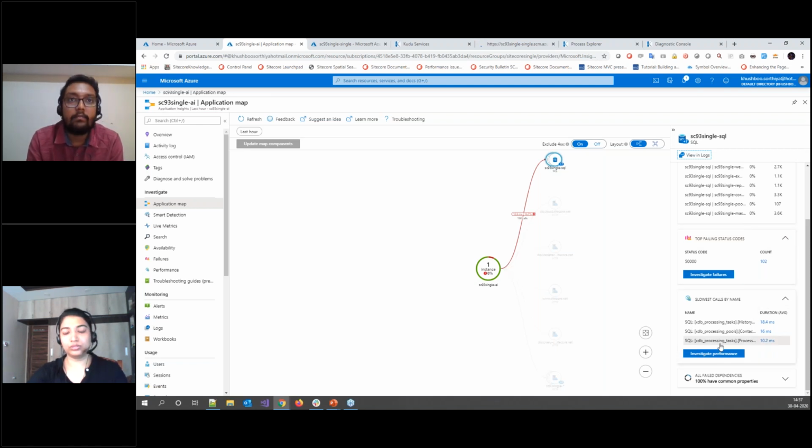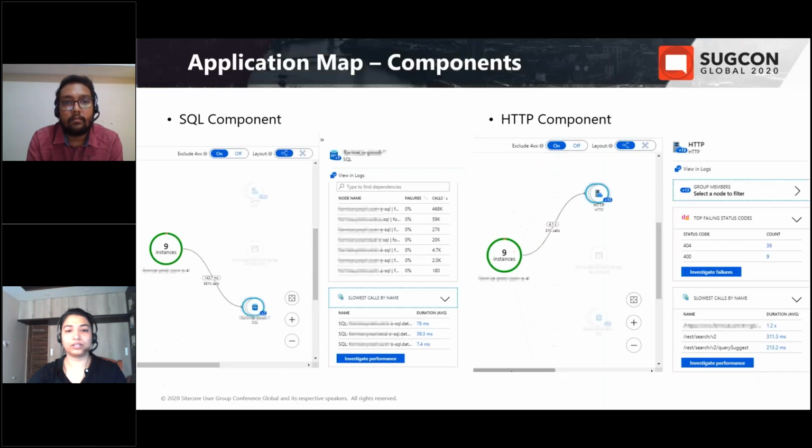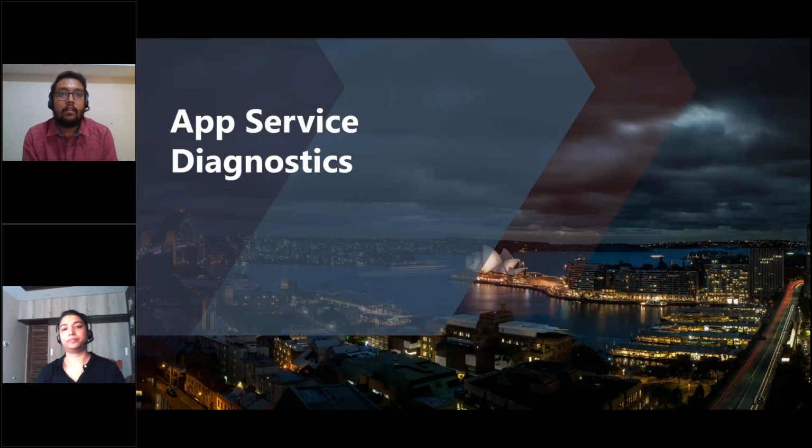So let's move to the presentation again and explore the next topic. Yep, so that was an awesome demo on Application Insights, but that's not it. That is just the beginning. The next section is App Service Diagnostics.